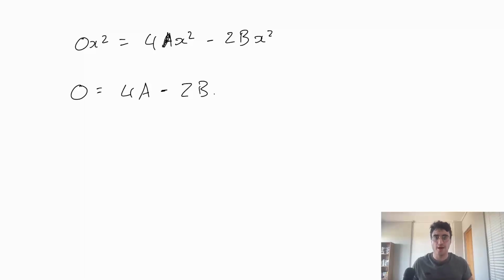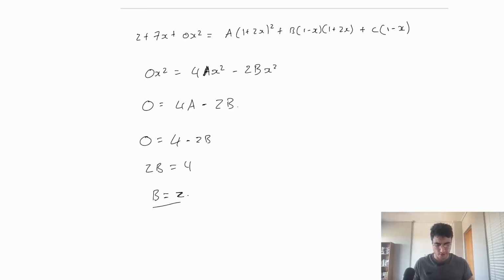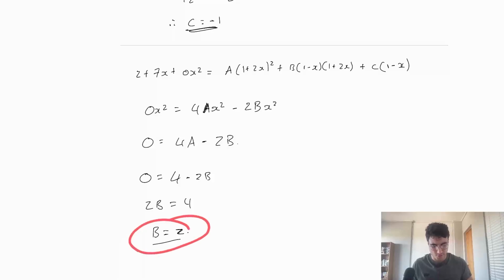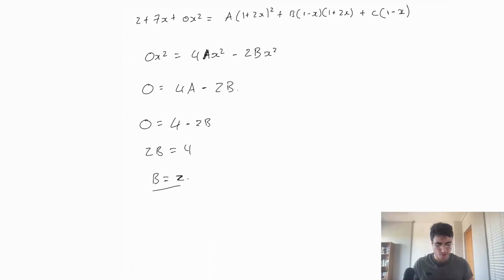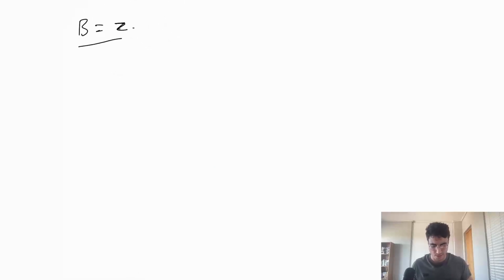Okay, we know what a is. What's a? Well, a equals 1, right? So I'm simply going to say 4 minus 2b. So therefore 2b equals 4, b equals 2. Okay, so perfect, guys. We've got our constants a, b, and c. As a result, that means that 2 plus 7x is going to equal